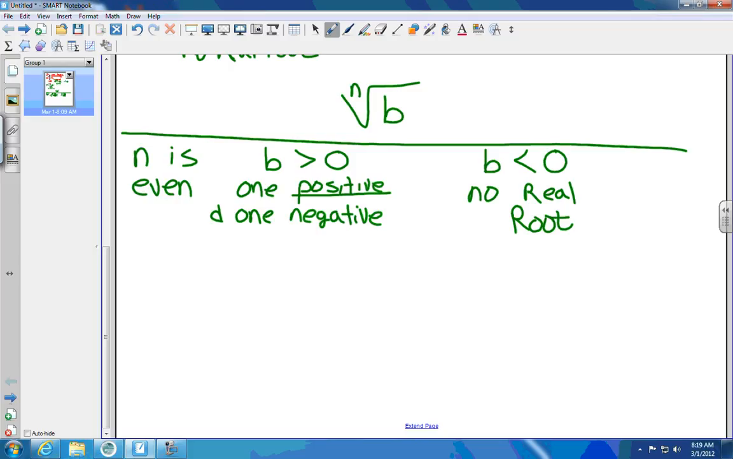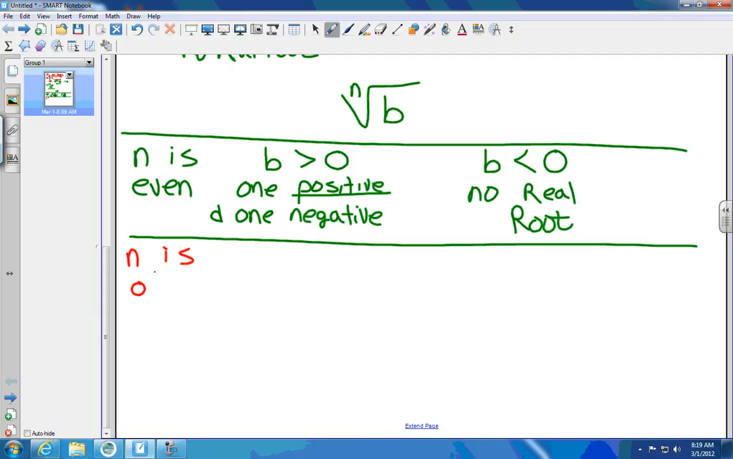So those rules, these right here, work anytime your index is even. So it's square root, 4th root, 6th root, 8th root, and so on. The other possibility there is that n is odd. Most of the time that's going to be the cubed root, but it can be the 5th root, 7th root, and so on. So if n is odd